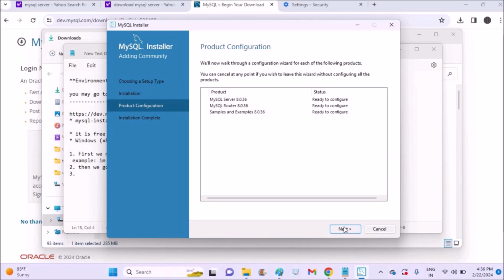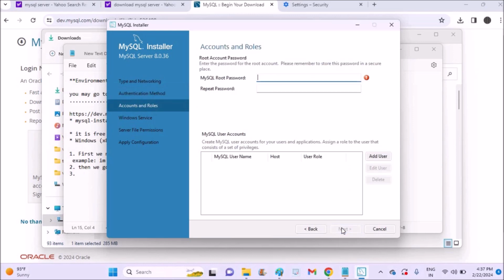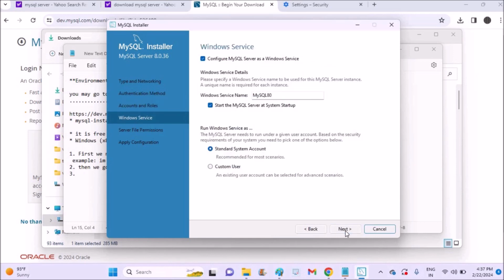Okay, again click on next. See here the port and everything, there are default fields, so no need to change them, you just click on next. Okay, click on next and see here root password and repeat password. You can give the MySQL root password as root only. I'll just type root, and here this password you can keep anything. For now I just kept it as 1234. You can keep your password as of your choice. Windows service name, MySQL80, that's fine. Click on next